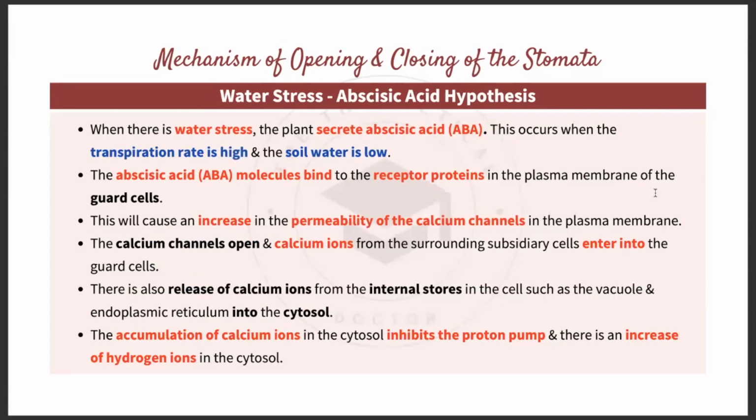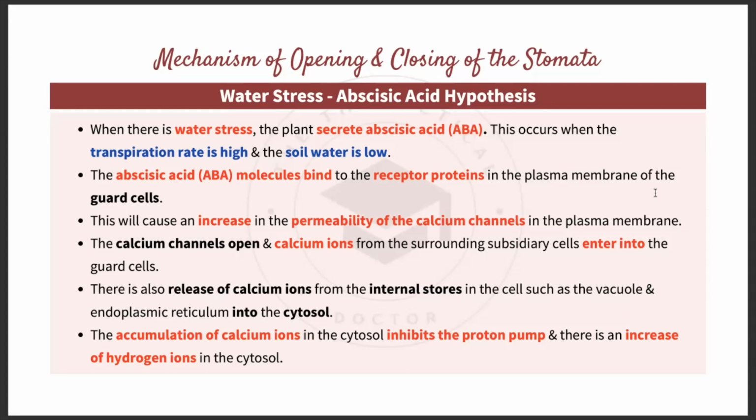Next is when there is water stress, the abscisic acid hypothesis. So when there is water stress, the plant secretes abscisic acid, or ABA for short. This occurs when the transpiration rate is high and the soil water is low. Basically, the person is spending so much money, but then the balance in the bank account is running low. What happens is the abscisic acid molecules are secreted by the plant, and they will bind to